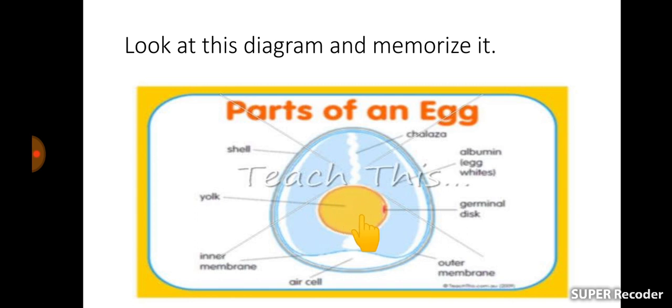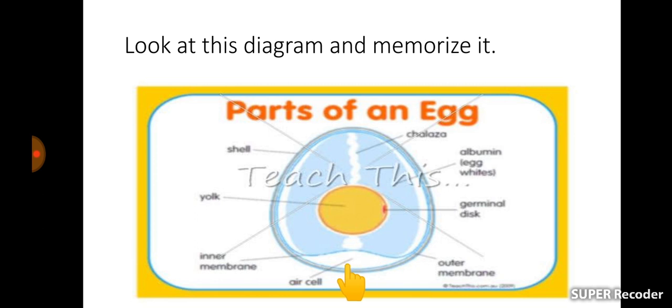Okay beta, when you see an uncracked egg, this will be the shell part. Then when you crack the egg in the bowl, you will see something that joins the yolk to the white part. This is known as chalaza. The yellow part is the yolk, and then there is an inner membrane as well that joins the yolk and the white part. And then there is an outer membrane that preserves the transparent part.